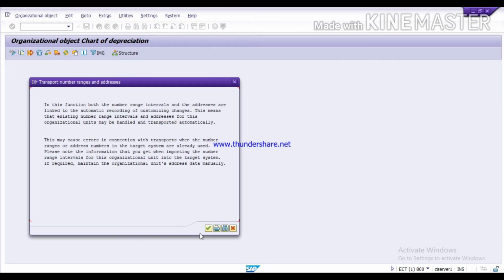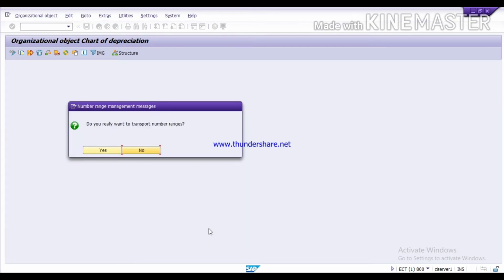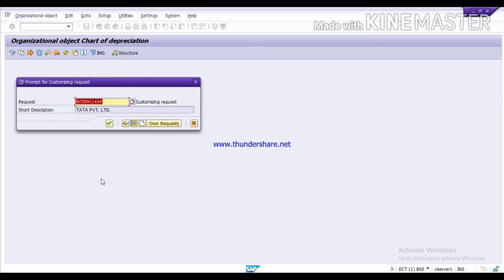Now click on continue. Do you really want to transport number ranges? Yes. Now continue.